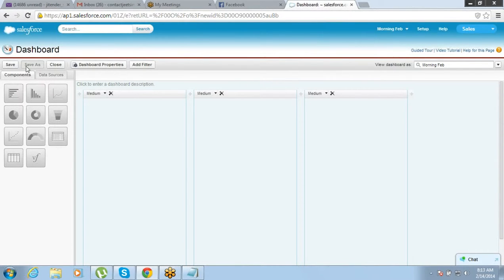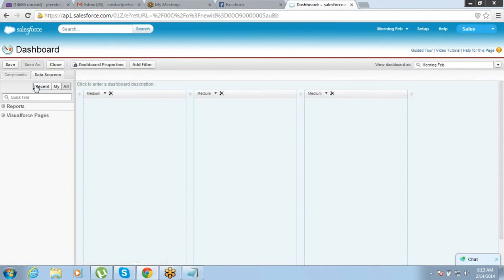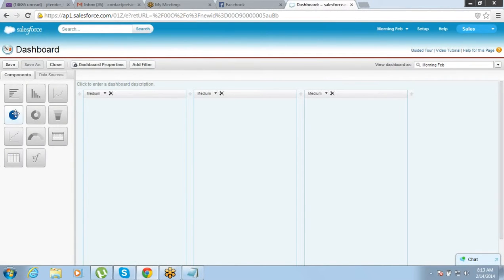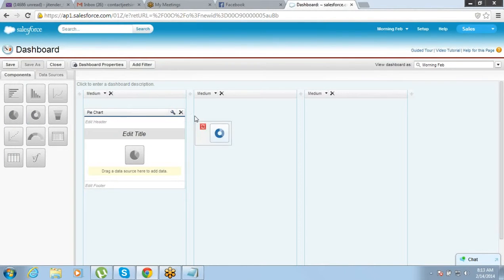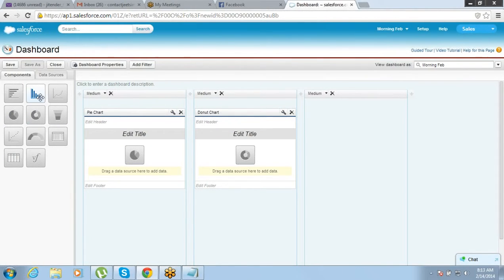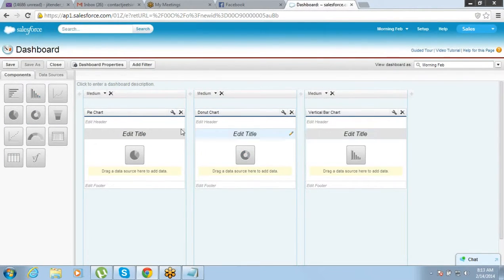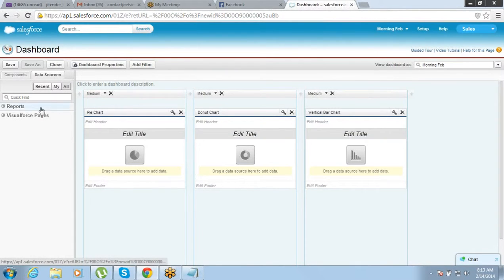So the moment you come to the dashboard, there is nothing much in it. You just have to select the component of the dashboard, the kind of chart that you need, and the data source. So the data source again is going to be a report. Let's say this is 1, this is 2, and this is 3. And these are the components that you need.